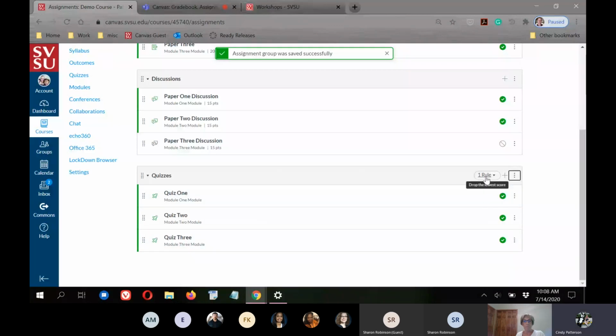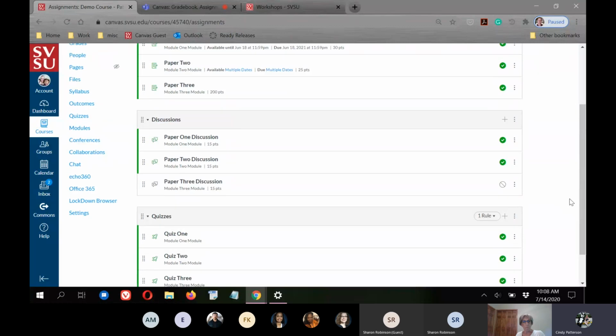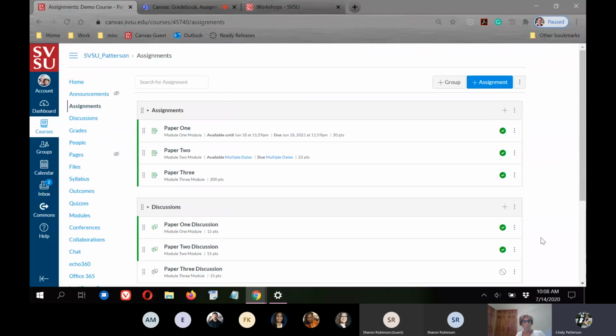All right, now here it shows me one rule, and if I hover over it, it tells me it's dropping the lowest score. So I can see there that I have it set up to automatically drop the lowest quiz grade for each student. One of the other things you can do with assignment groups, if you do weighted grades